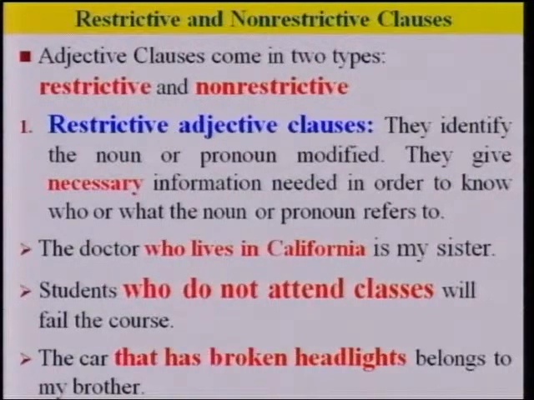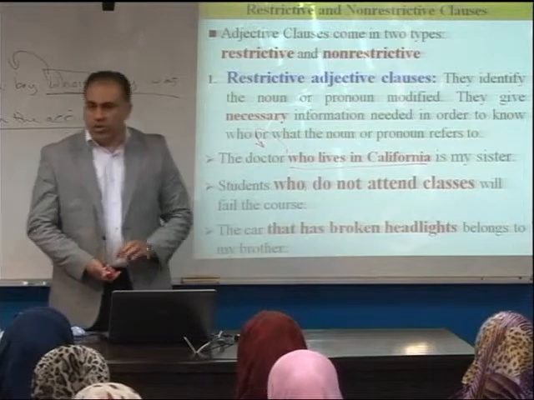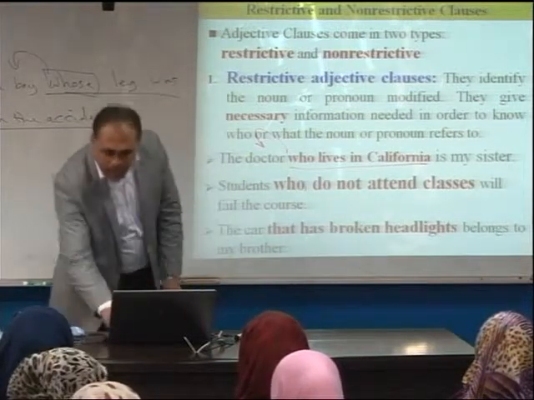Students who do not attend the classes will fail the course. So who do not attend the classes is necessary information, and therefore no commas are used with adjective clauses which have necessary information. And the last one, the car that has broken headlights belongs to my brother. And again, this is necessary information. And remember that you never put a comma with that. This is the general rule. You never put a comma with that. On the other hand,